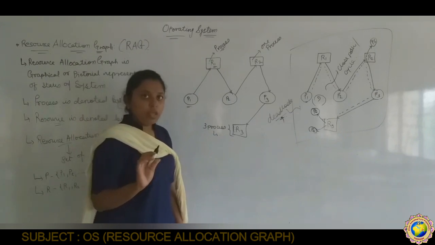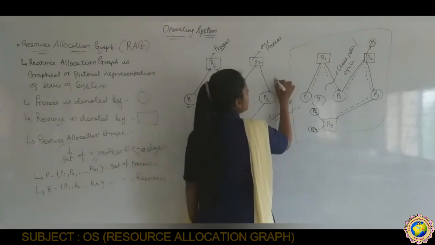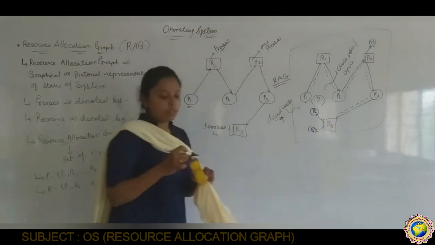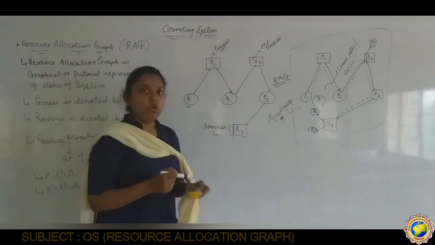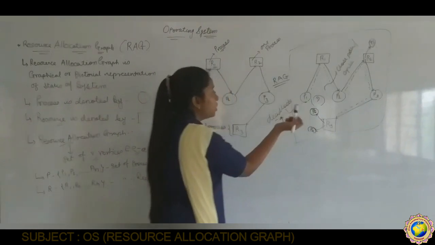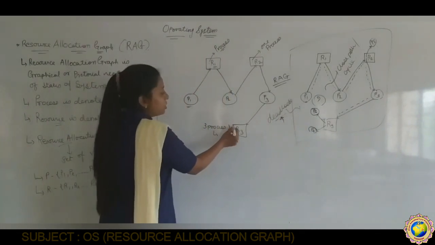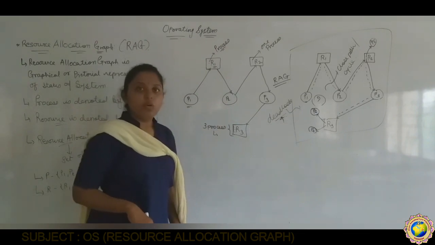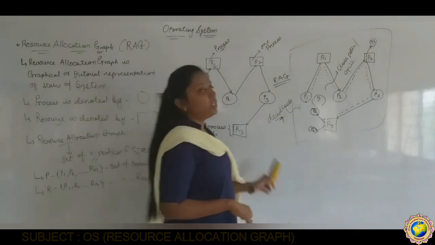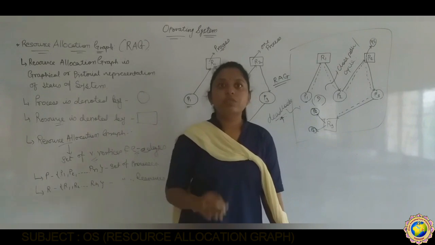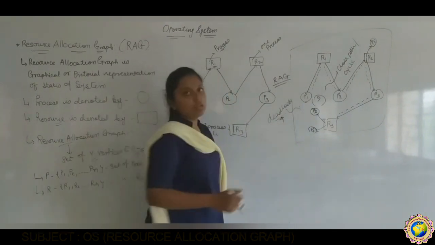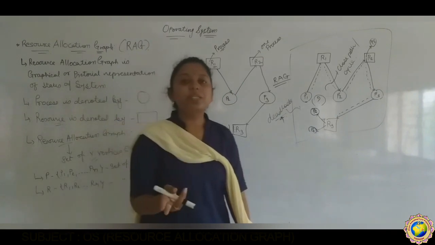This is called a resource allocation graph. Hope you understand the resource allocation graph, like instance, resource and process. So this is about the resource allocation graph. We will see later what it means in deadlock. Next topic is that